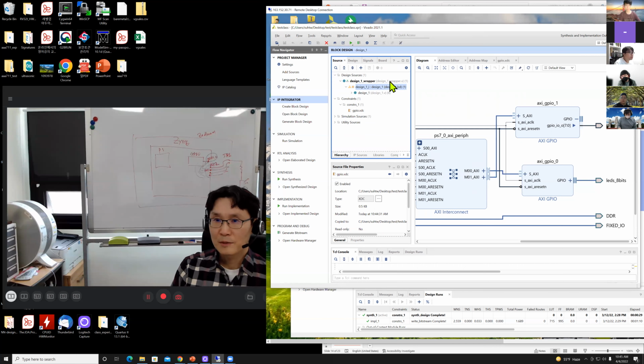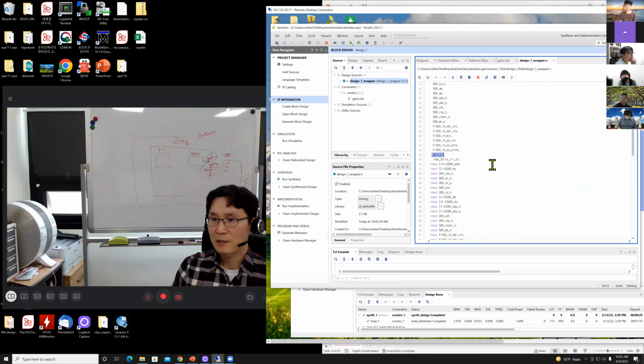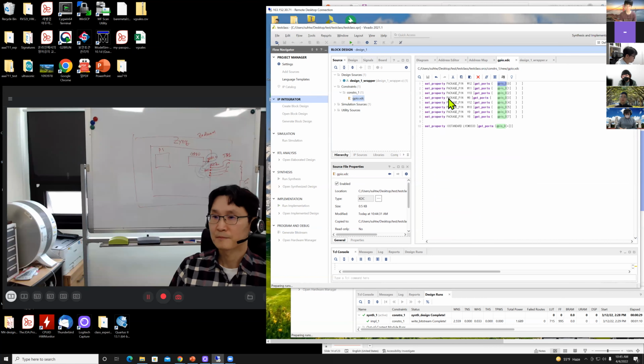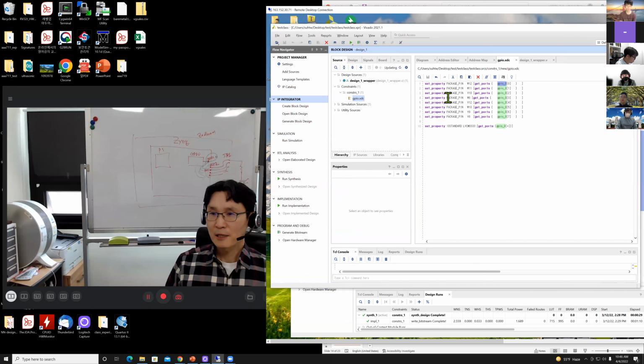Okay, check out the generated HDL. So we have gpio_0 that got generated, and that is the output. Okay, this name, and double check this constraint. We are using the right name, gpio_0. I think it's correct. Okay, then generate bitstream. So while it is doing synthesis and place and route,